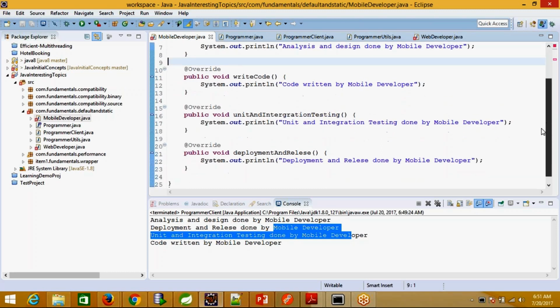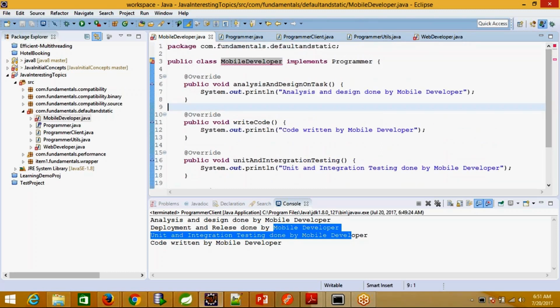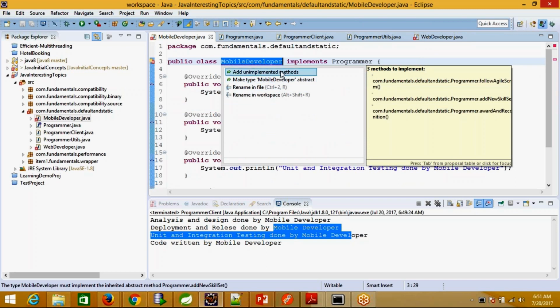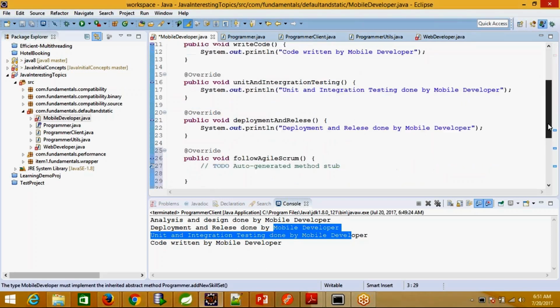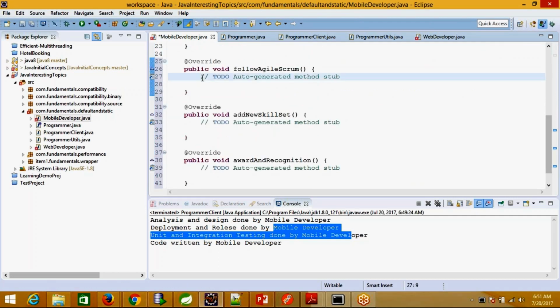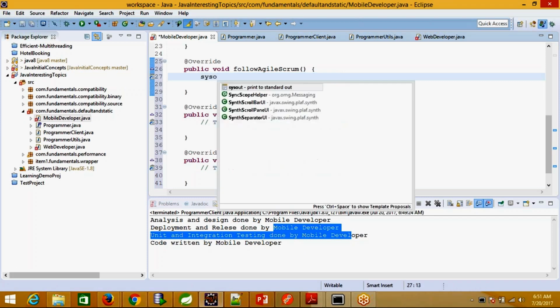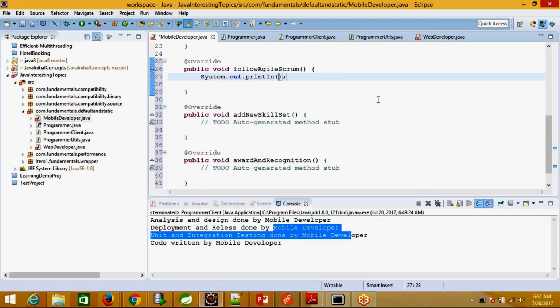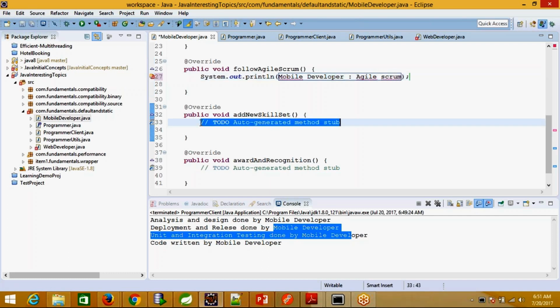Say, for example, in mobile developer I want to introduce those features now, then I have to implement those methods. So I have implemented those methods, and just for printing purposes I write down their respective terminologies, like simple words: mobile developer, then colon, agile scrum, and then the same set of things need to be done here also.